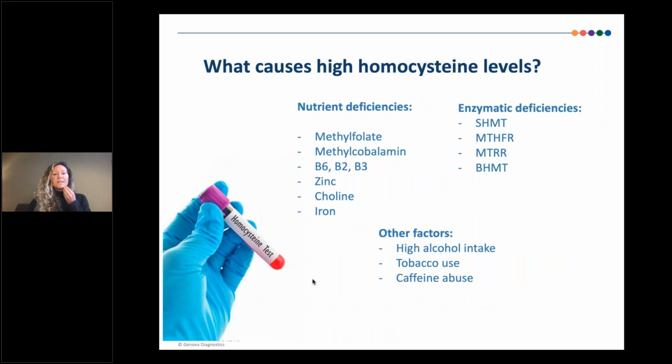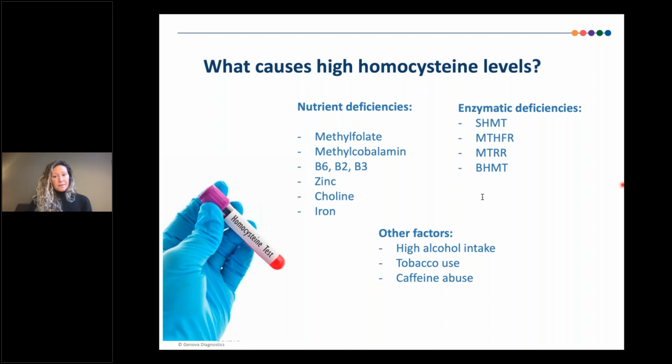So what actually causes high homocysteine levels? We already know that a lack of those cofactor nutrients for both pathways in the methionine cycle can lead to a backup. As you can see, these nutrients here are methylfolate, methylcobalamin, some of the B vitamins, zinc, choline, and iron. And then we have the SNPs,